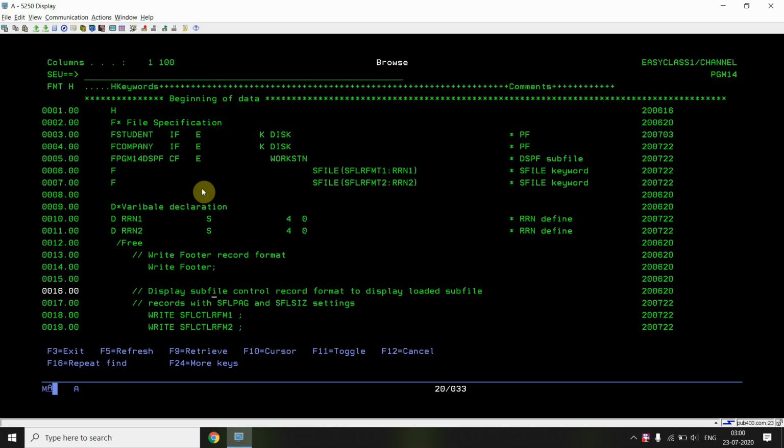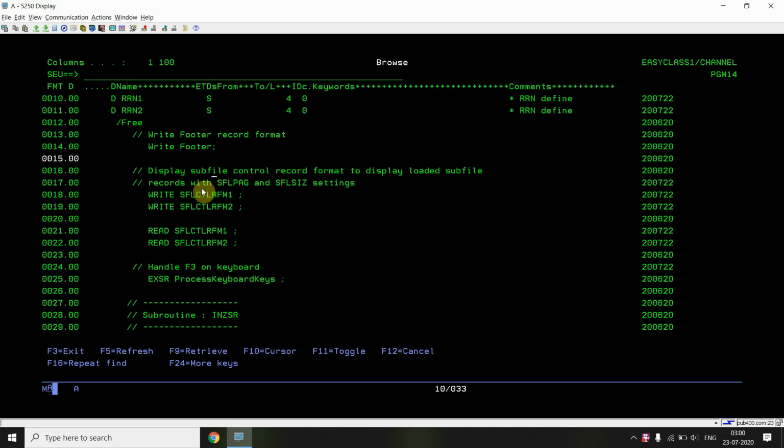Then after that we will be writing the footer only once, then we are simply writing the subfile control formats 1 and 2. Here the difference is we are not doing the execute format, because execute format means writing and reading at the same time. If I used the execute format here, I would not be able to see the multiple subfiles at one time.